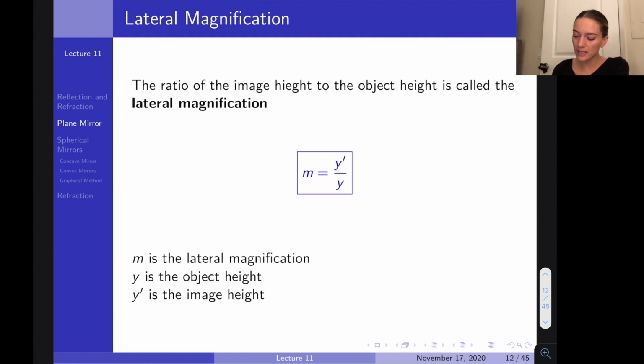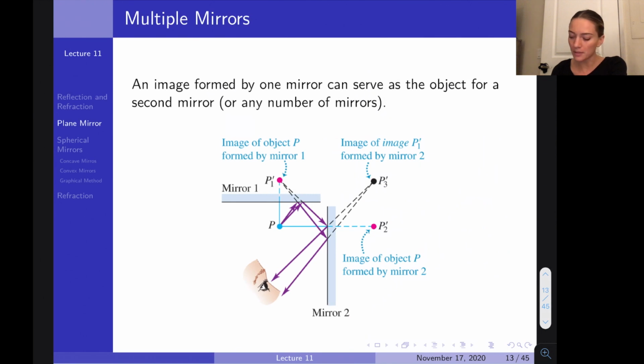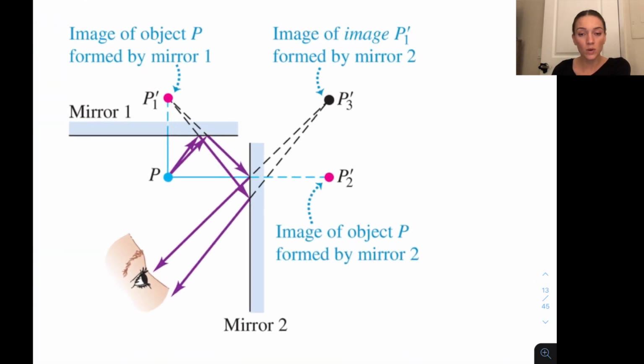Now, one thing that you might see in some homework problems is when you have multiple mirrors, and well, what's the image, what's the object when you have multiple mirrors? So the image in one mirror can actually serve as the object for another mirror. So here